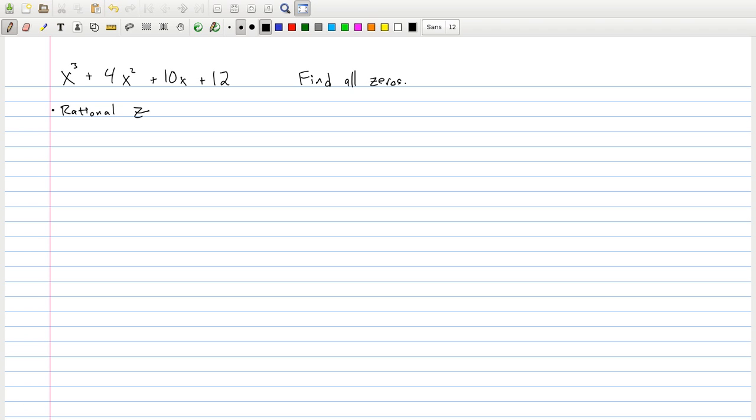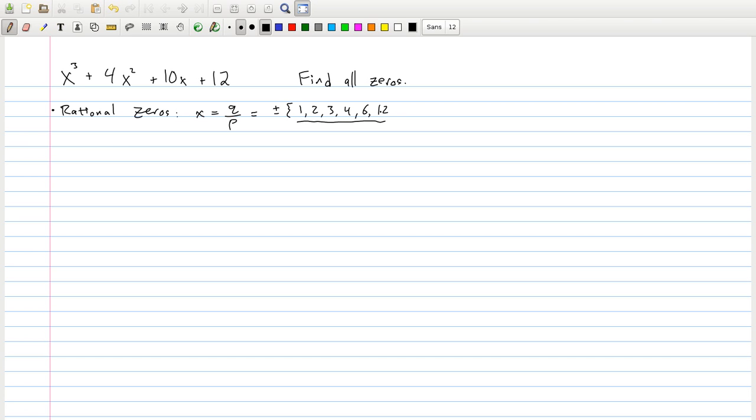What this says is that any rational zero must be of the form q over p, where q is a factor of the constant term and p is a factor of the leading coefficient. So if we look at the set of all possible answers here, we have all sign combinations of 1, 2, 3, 4, 6, and 12